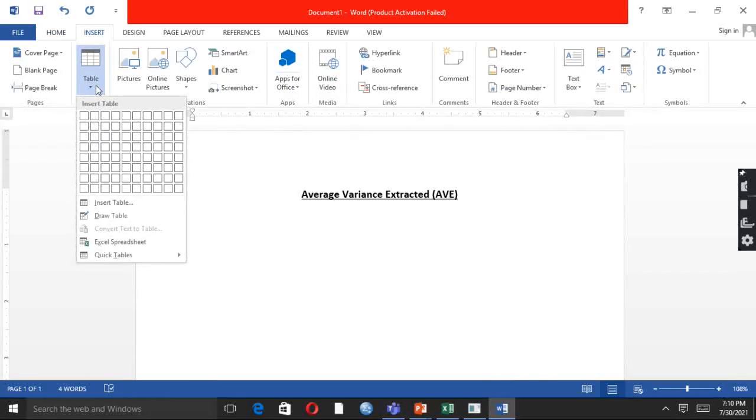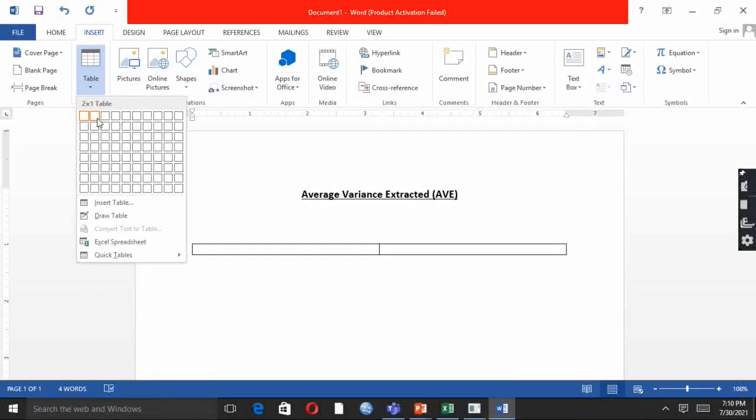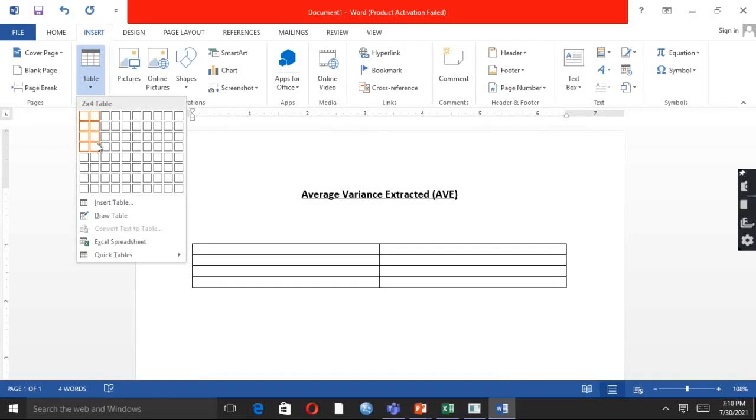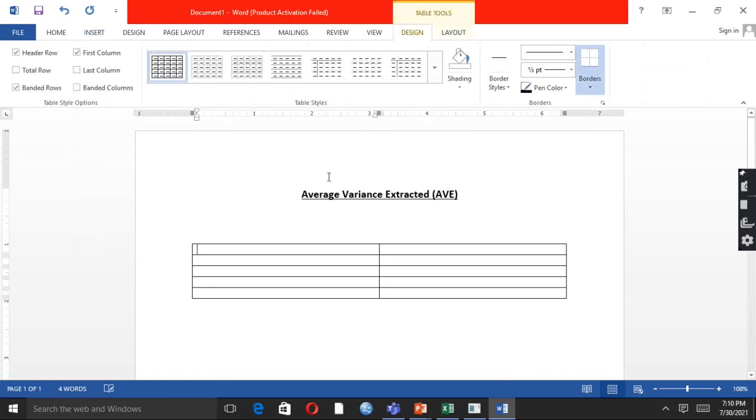Insert a table with at least 2 columns, and as we have 4 variables, we need 5 rows. Adjust the settings of the table as well. These show the variables and then the AVE value.